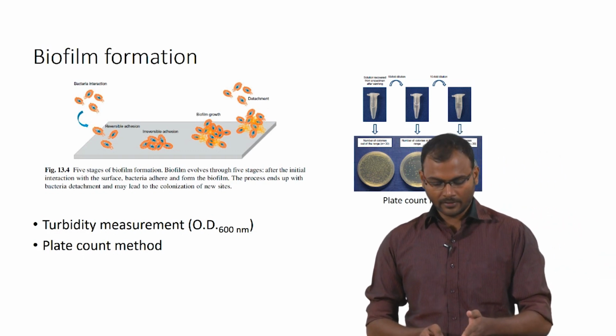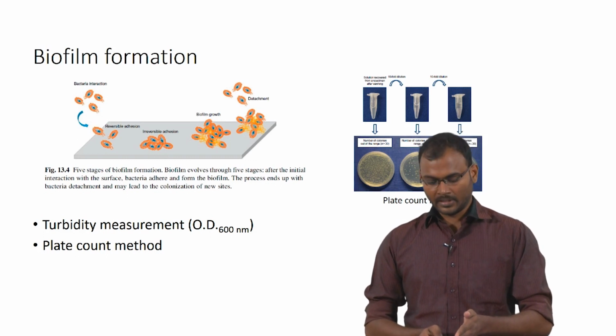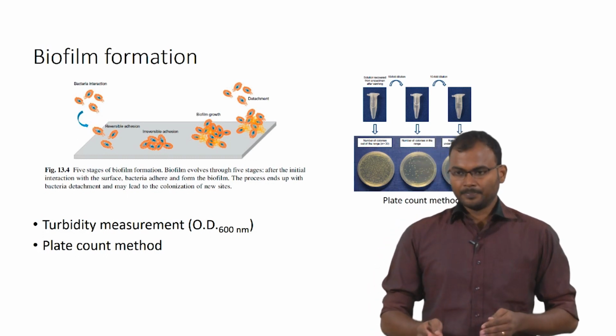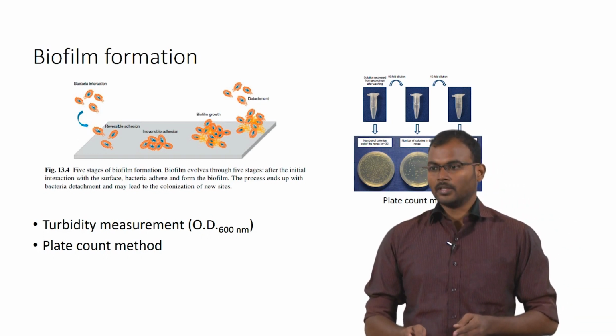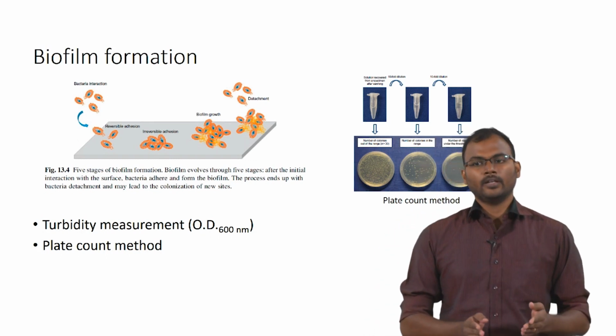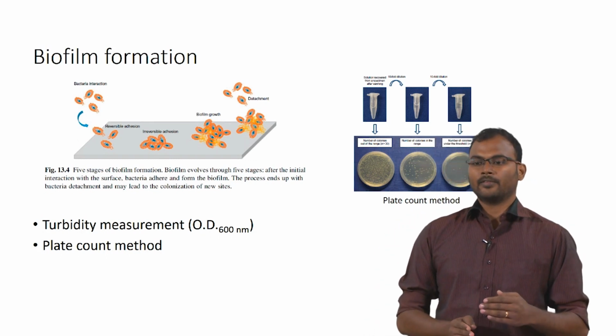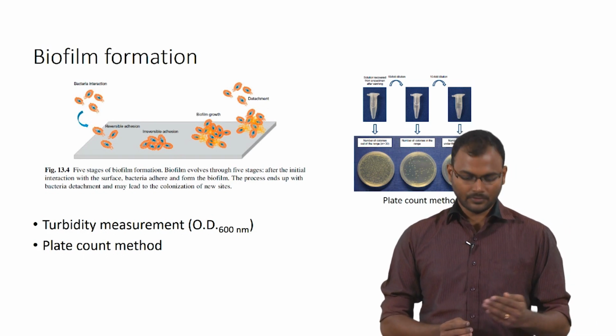As you can see on the left-hand side, the plate is very dense, so it is not an accurate method, and on the right-hand side there are only below 30 colonies. That is also not a standard one. So, it should be in the mid range between 30 and 300. That will give you the correct value of bacteria adhered onto the material surfaces.